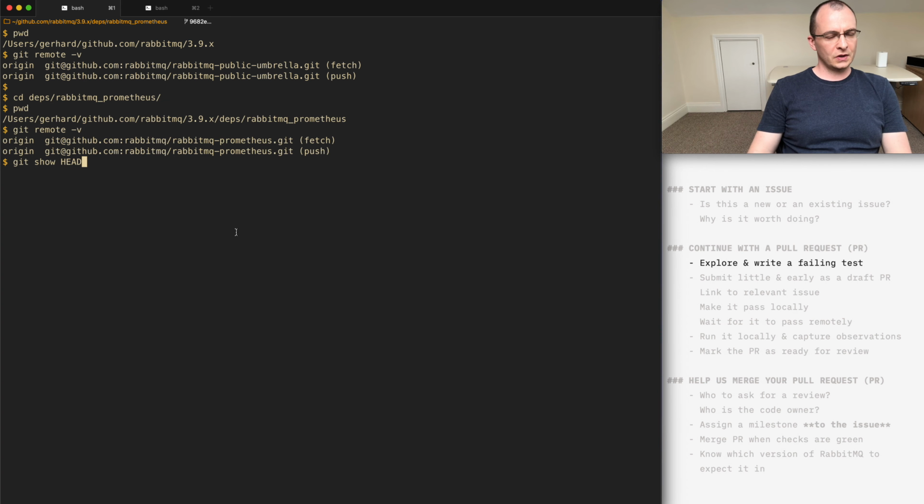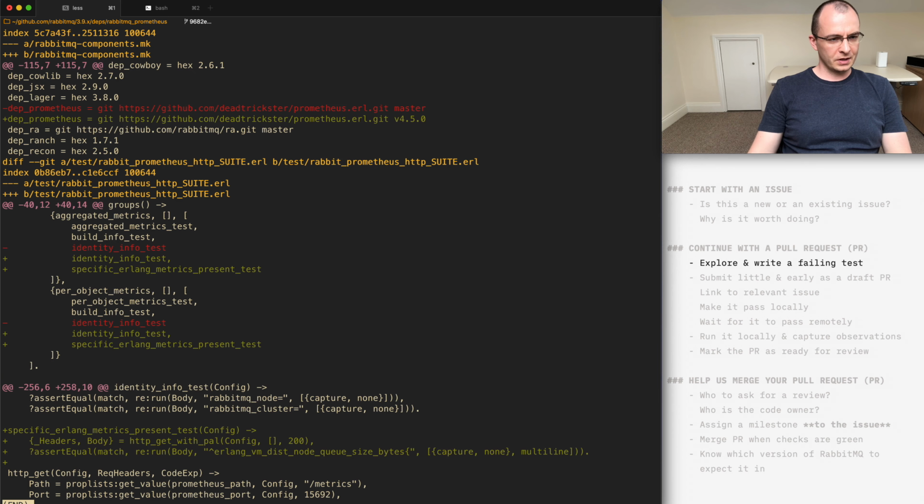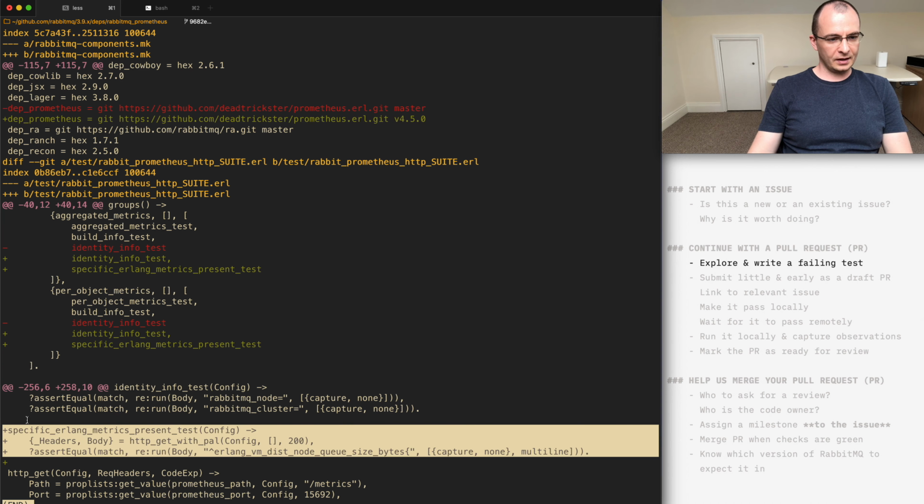This is the state of rabbitmq-prometheus right now. We have pinned the Prometheus Erlang client to version 4.5.0, and that's the one that does not have the metric that we're interested in. We want to see a failing test. And the failing test looks like this. We have a specific Erlang metrics present test. This is what it looks like. We are checking that the response body, this is the response that comes from the rabbitmq-prometheus HTTP endpoint,